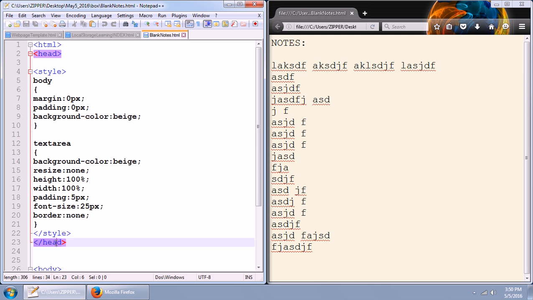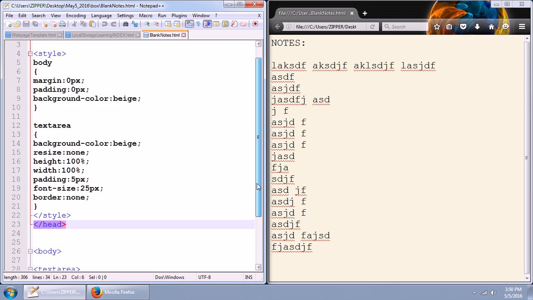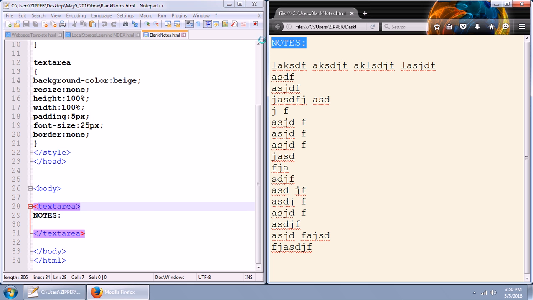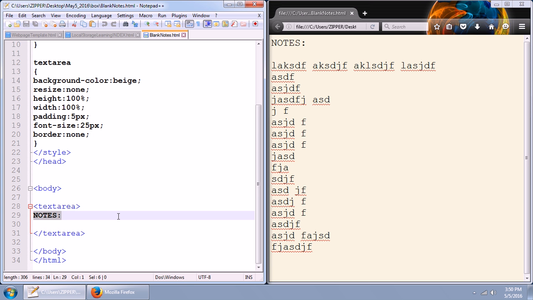So there's the end of the style and the end of the head. Here's the beginning body tag, and there's the ending body tag. Only thing we got in there is text area tags. And the reason that you see notes as soon as I open this in the web browser is because I put the word notes in there. Now, when you want to be able to type on the outside of a web page for notes, you don't give it a